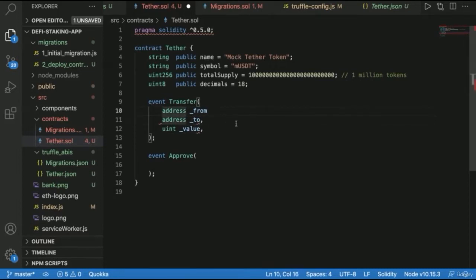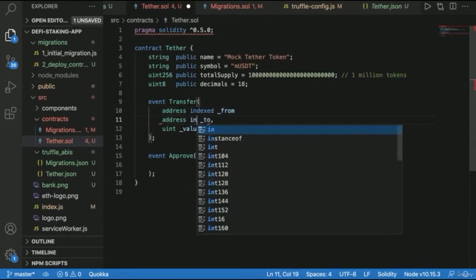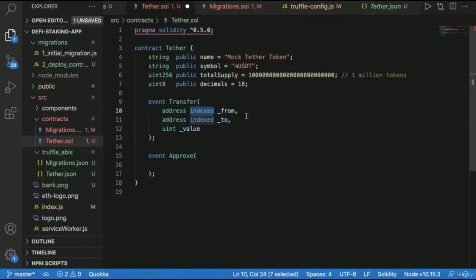And these addresses are going to be indexed. When we add indexed, essentially this allows us to filter through the addresses so that we can search for them. So we get this parameter where we can index like that. And what do you think? Okay, and so now that we've created our transfer